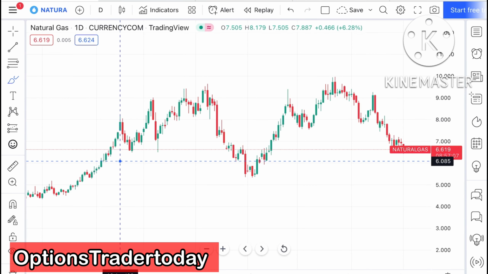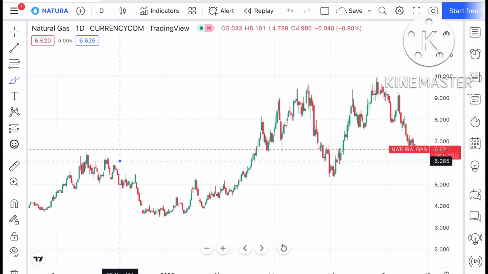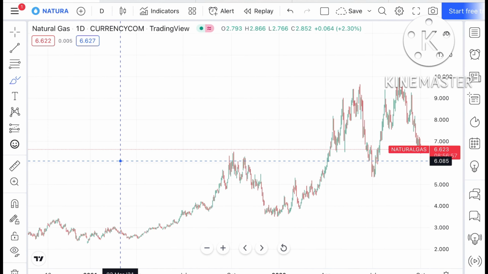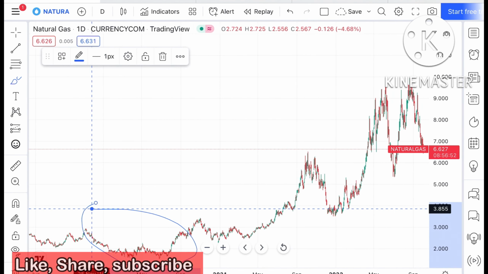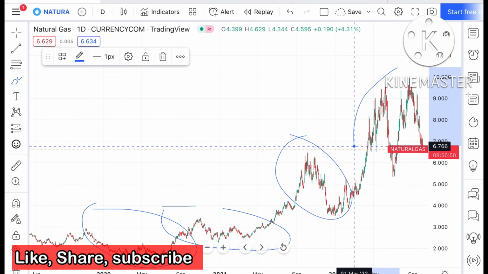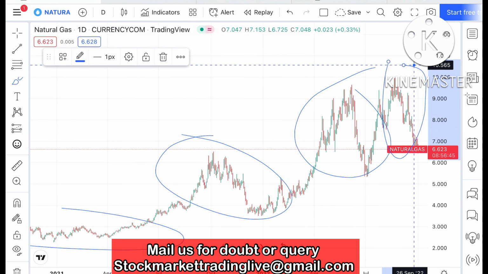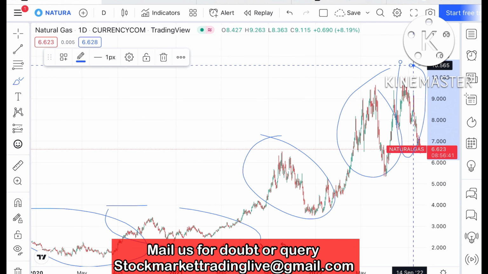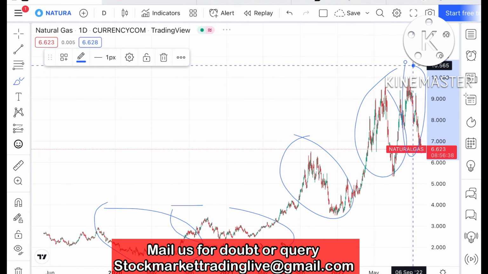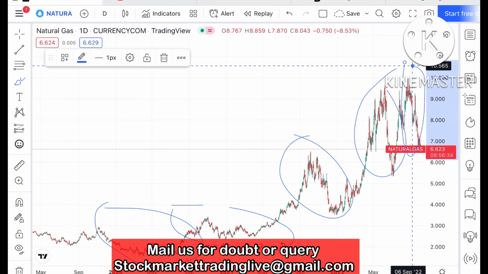As you can see, the natural gas price is continuously moving down, and you have to keep this in mind. I was telling you for a year that there is a pattern forming in this particular zone, that whenever it goes high, a fall happens. This has repeated 5-6 times. On the daily, weekly, and even monthly chart, whenever it goes high and breaks the previous high, after making a new high we have seen a sharp fall.